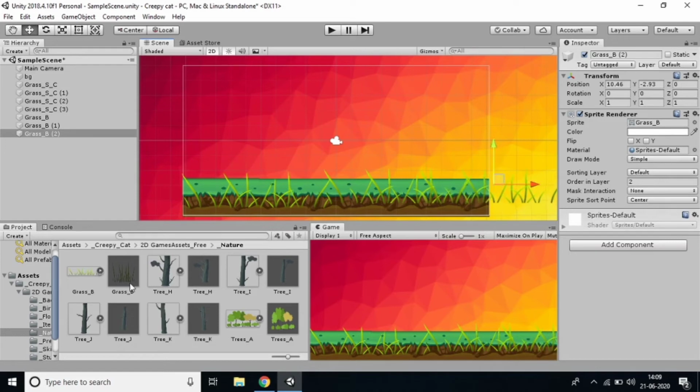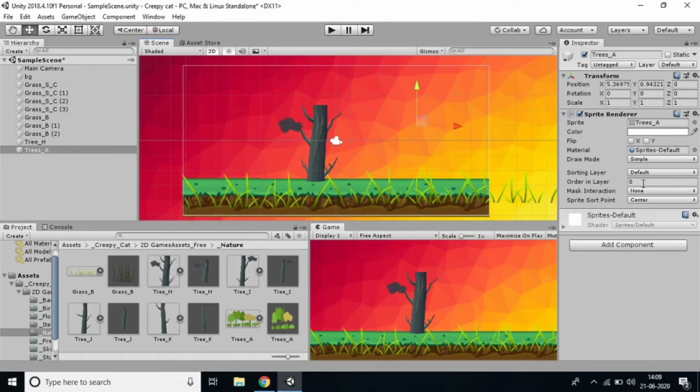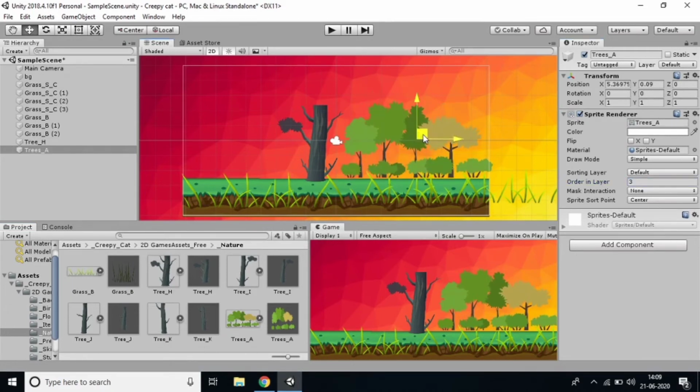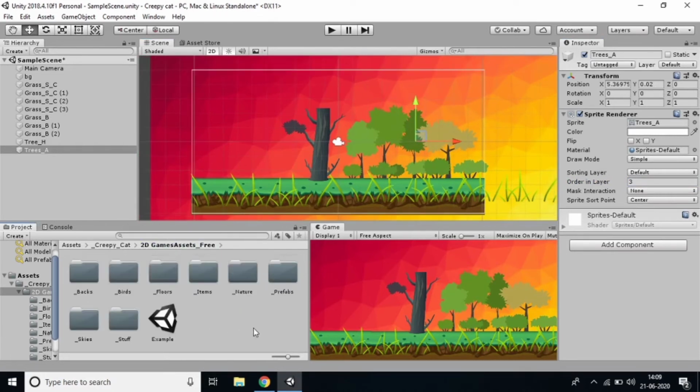So we are done with that, and now we have to add the trees also. That means background, we need to add anything. Just drag and drop. Unable to view. So just keep it as 1, or you can keep it as a 3. Of course, you can do that. So this is the way of adding background, and you can add a lot of trees also. Just drag here and keep it as a 3. Yes, this is the way we set a background, and we have a lot of assets also.